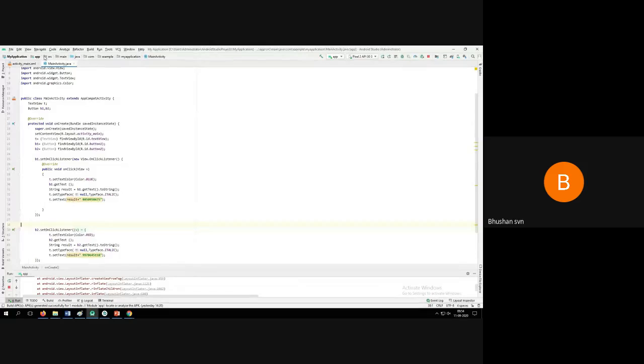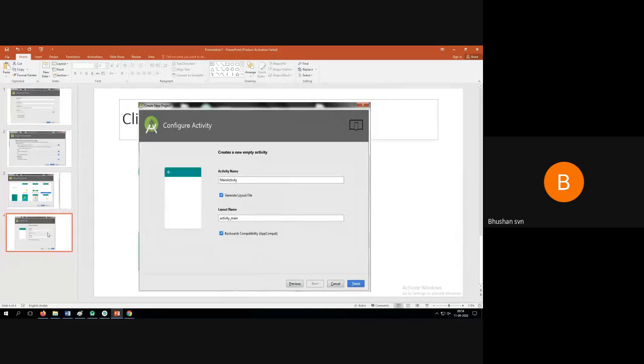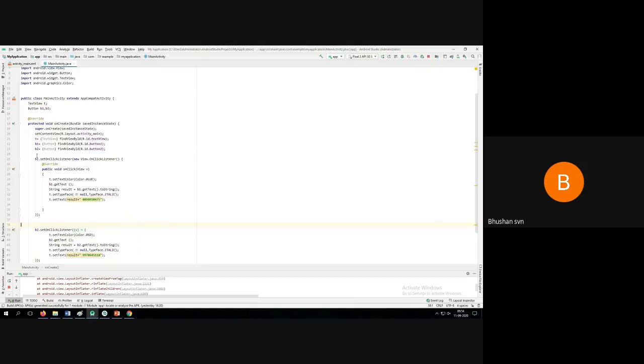That kind of code or logic has to be written under this, MainActivity dot java. Okay, so I have showcased in my slide that these are the activity names for configuring it. So the same thing will be displayed here. Okay, that is how it looks. So these are the two important things.